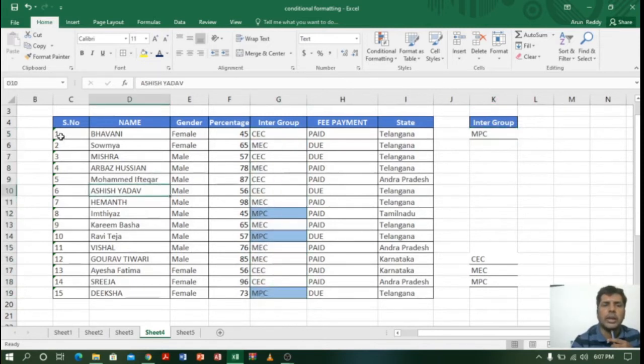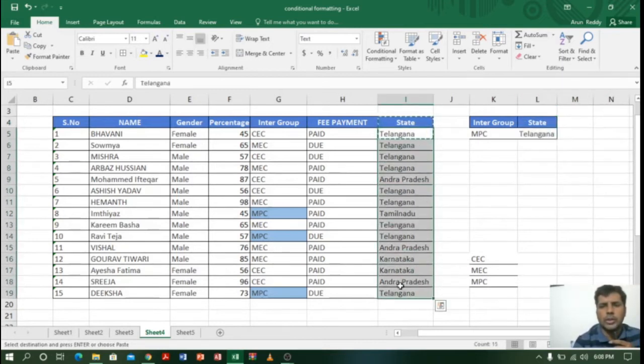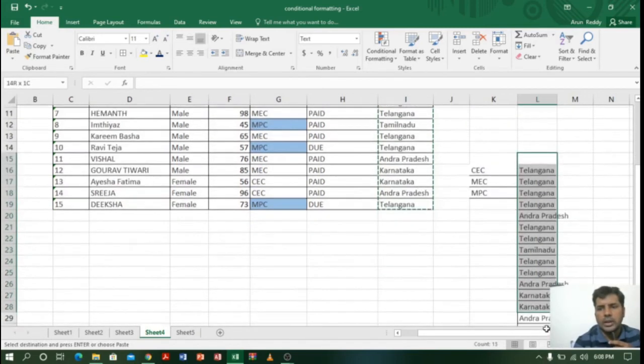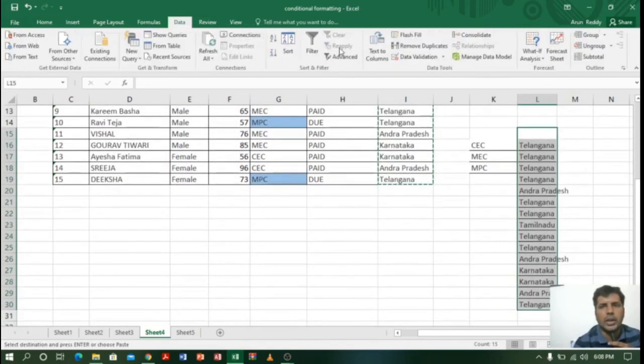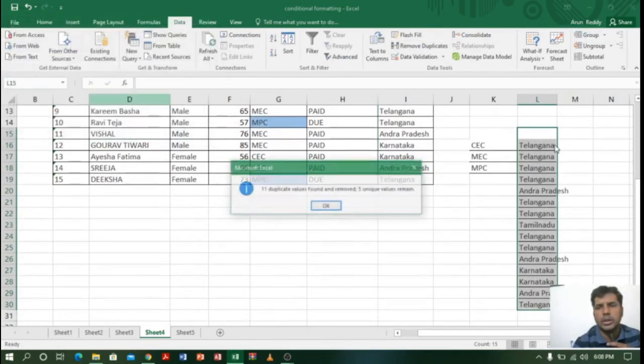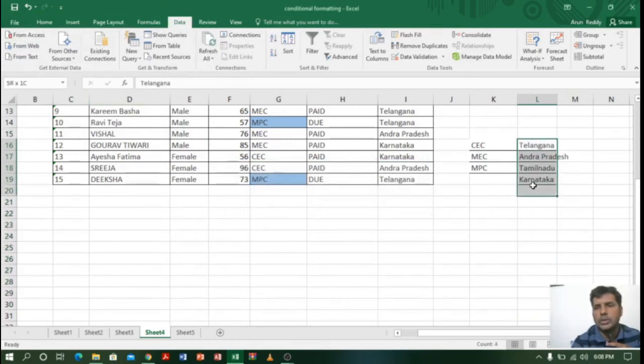Suppose you want to highlight the whole row, so instead of a cell you want to highlight the whole row. So how can you do this? For that again I will prepare another drop down list called state. So I will select the state, copy. Again I will follow the same method. I will paste here the state. Again I will select the whole row of the state, copy, and paste somewhere here. Right, now again I will select the whole row, and I will go to the data. In the data we have remove duplicate values, and continue in the current sheet, remove OK. Nice. Now you can see only 4 values I can get.